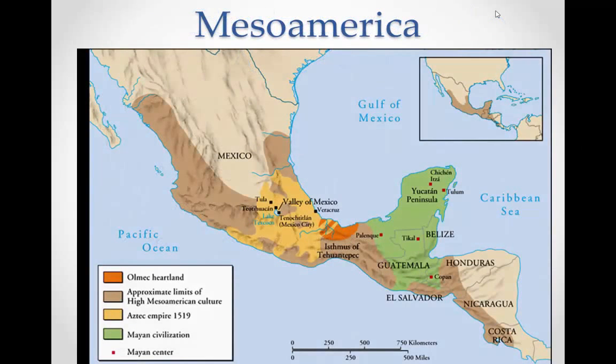This is a map of what's known as Mesoamerica. So really this is Mexico and Central America and the groups that had existed here before the European arrival. If you can see, in this orange right here where my pointer is highlighting, this is where what would be considered Olmec populations had existed. And ultimately, the Olmecs would influence what would become Mayan civilization. And the Mayans would take up shop right here on the Yucatan. We're going to go more into the Mayans, and you obviously went into them in class as well.